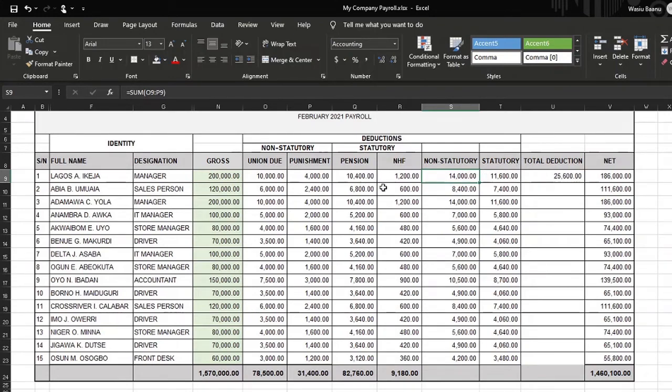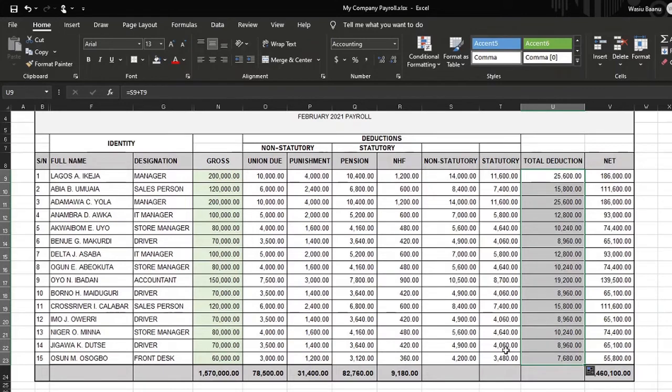If you think you may have any other thing coming inside of this place, then it is better for you to use sum of ranges, so that if you include another column there for another type of non-statutory, you will not have issues trying to rewrite formulas and so on. So I just replicate this. It's just the sum of these two together here,